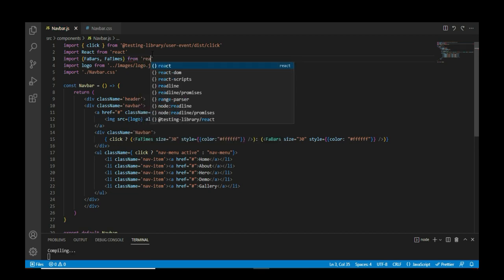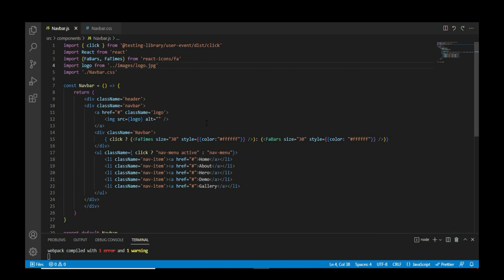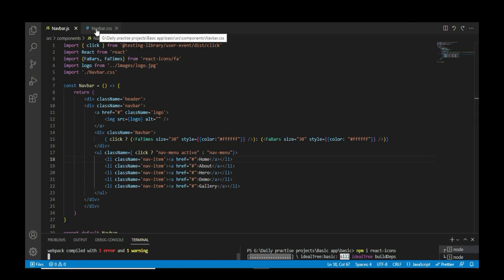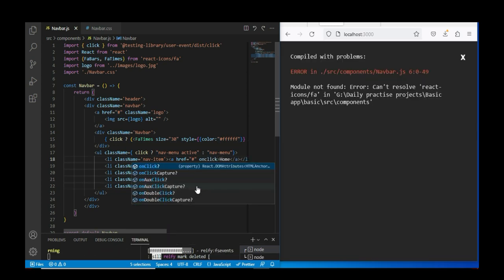So for this one, at the first we should download this React icon just from terminal. Inside terminal we just can write down like this one, npm i react-icons, and hit enter. It will be downloaded in a few moments. So right now inside the navigation bar we have got this nav item, and if we